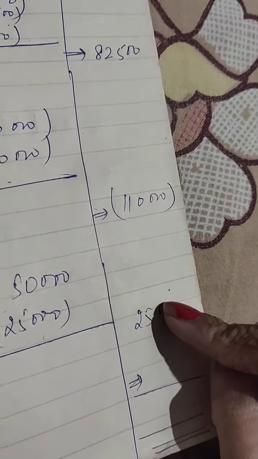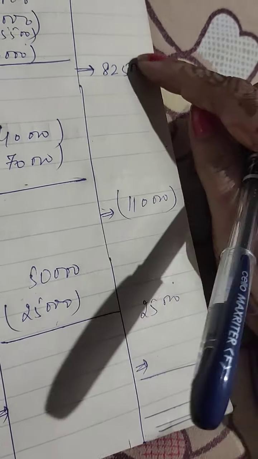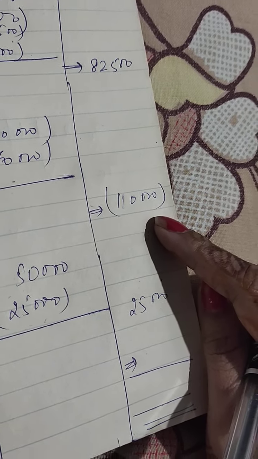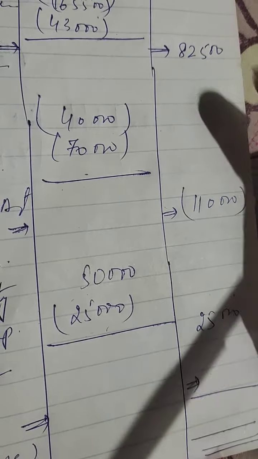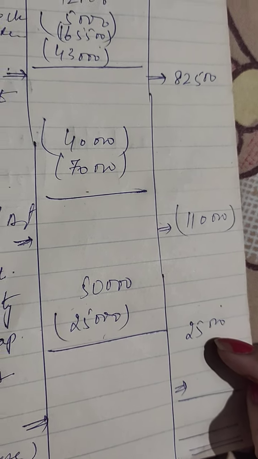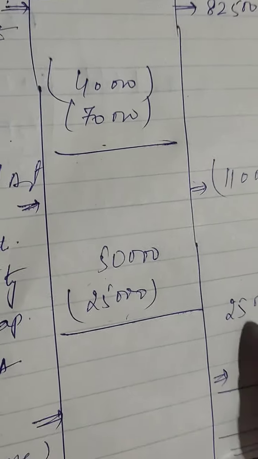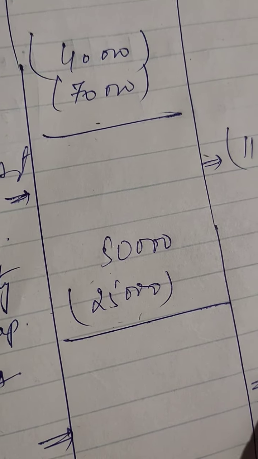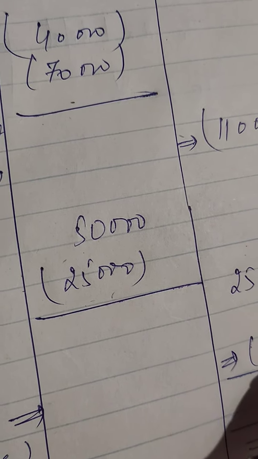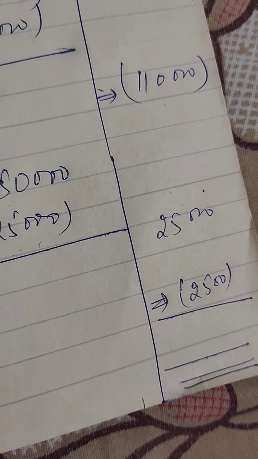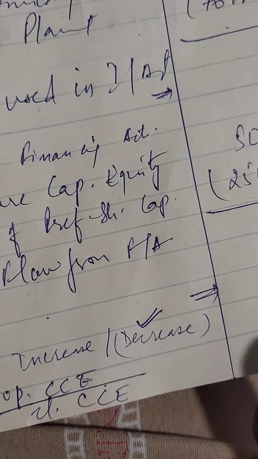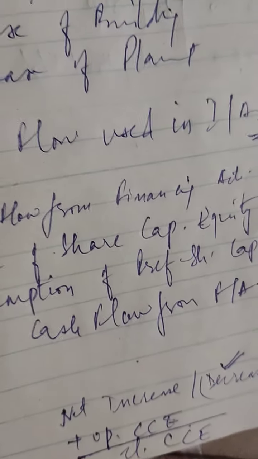Now you can do the net increase or decrease by either adding or subtracting, whatever the case is in the question. You can just total 82,500 and 25,000 and subtract 1,10,000 out of it. The net is not coming as an increase, it is coming out as a decrease. So a decrease is to be written on the negative side. So we will write 2,500 and I will write net decrease. In this question I am getting a net decrease.